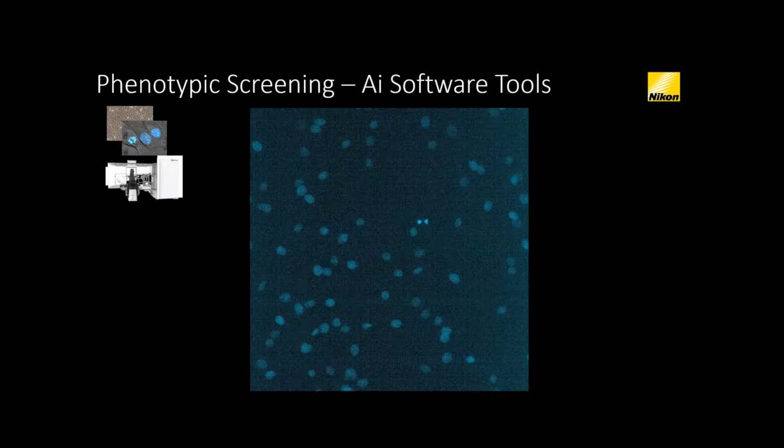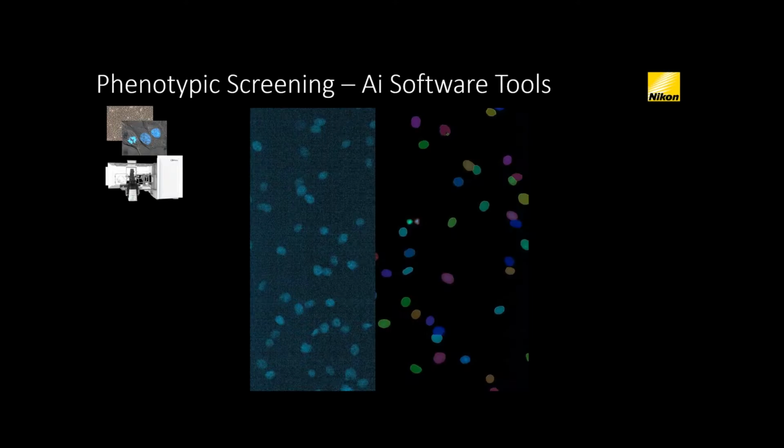One of the problems when you're doing these large screens is sometimes there are wells or samples that have poor signal to noise. And in this case, it would be very difficult to pick out this kind of blue background from the actual cells and even do something as simple as cell counting. But modern AI is very good at finding patterns and removing patterns that we don't want and keeping the ones we do. And so we can actually remove this background and create a very nice signal to noise,